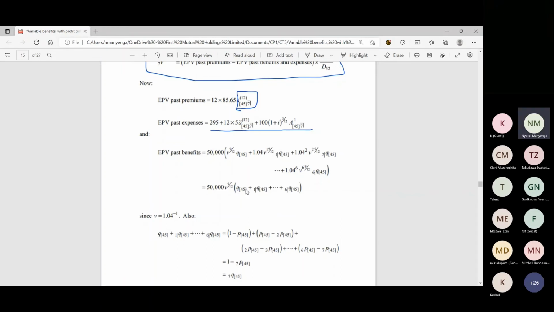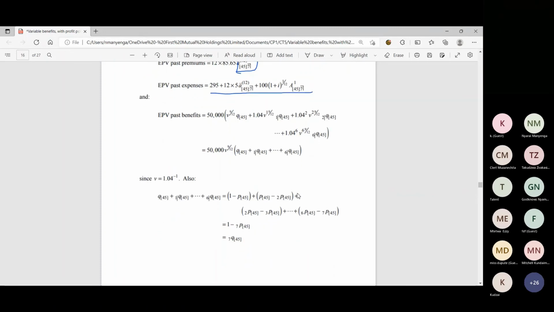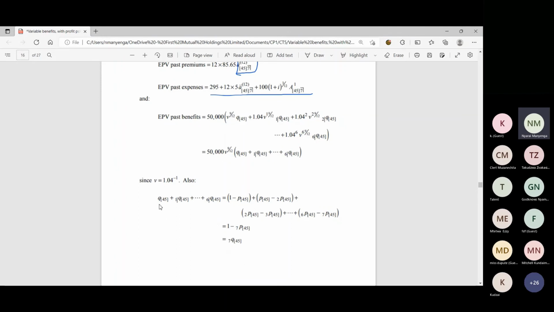Then it would now become Q45 plus the person aged 45 surviving for a year and then dying the next year and so on up to the 7th year. So once you have done that, this expression here simplifies to this, because that's how you'll be calculating. If you want to calculate Q45, it will be 1 minus P45, and the next one it will be P45 minus this. I think we did this in our earlier lecture. And once you've taken off the brackets, you see some of these will cancel out. For example, here, here will cancel out, and so on. So you find that we'll be left with only this term. So it will be 1 minus